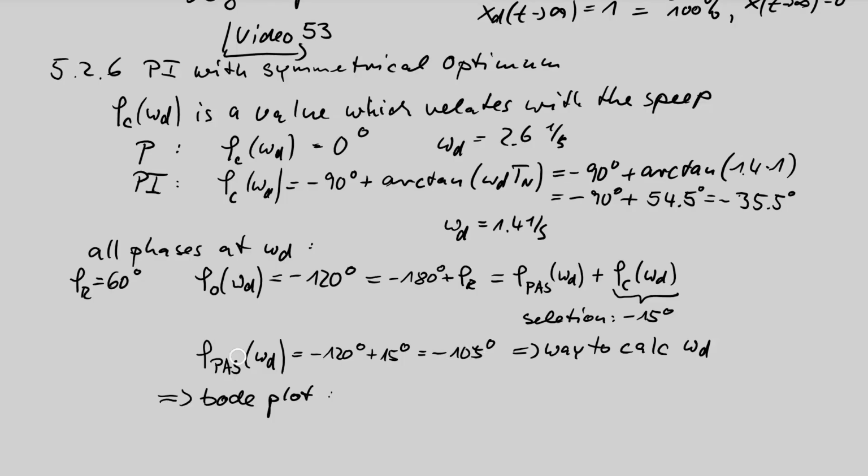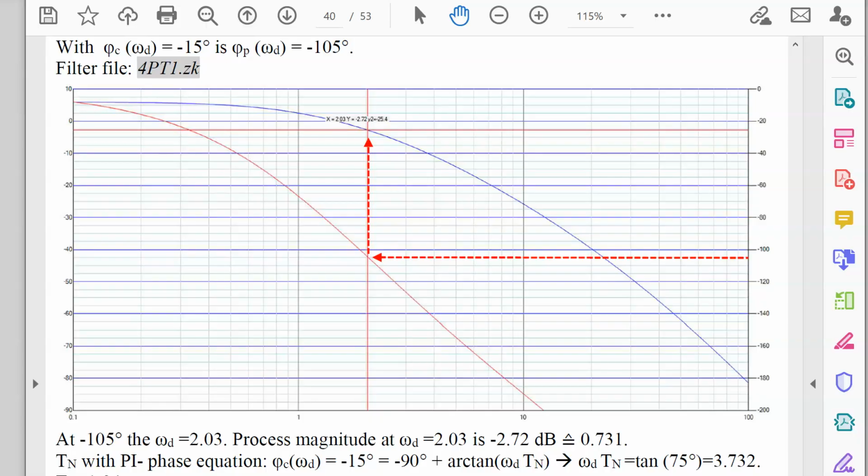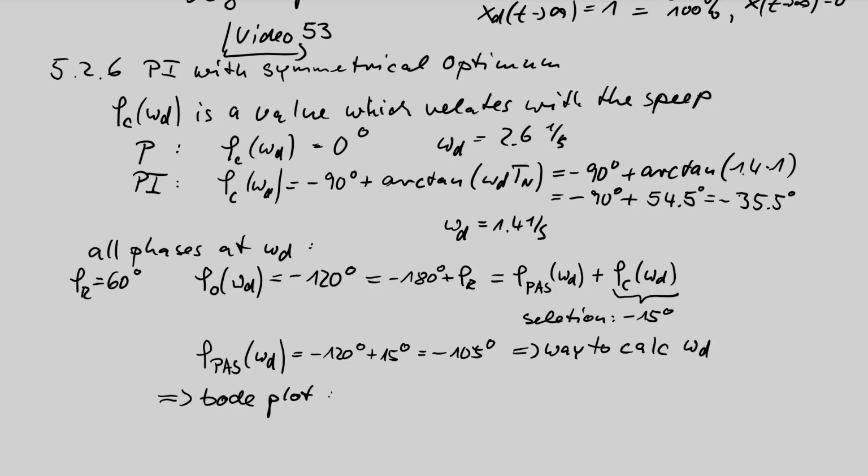Minus 105, red curve. Cross point is omega d. And you see the value is very good. This is 1, this is 2, this is 3. Exactly at omega d is 2.0 out of the diagram, page 40. Bode plot, workbook, page 40, result, omega d is 2.0,